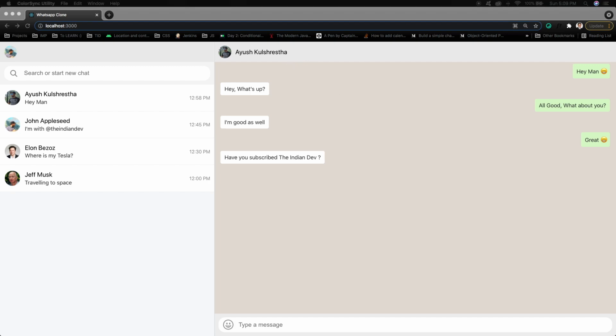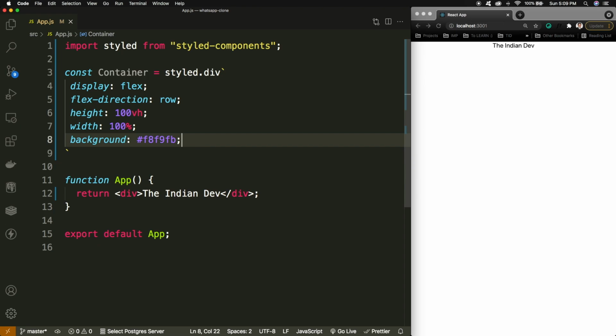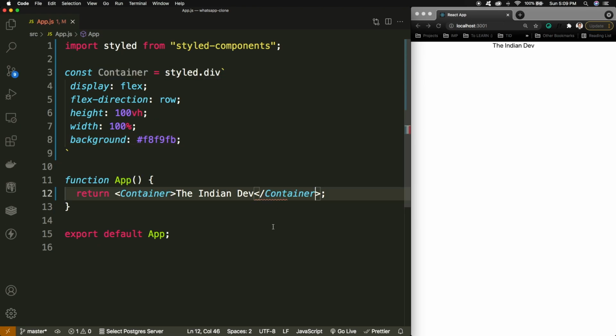The good thing is I have all the color codes available with me, so I can simply use those. If you are looking for the source code or these color codes, you can go to the GitHub repository and check out the color codes.